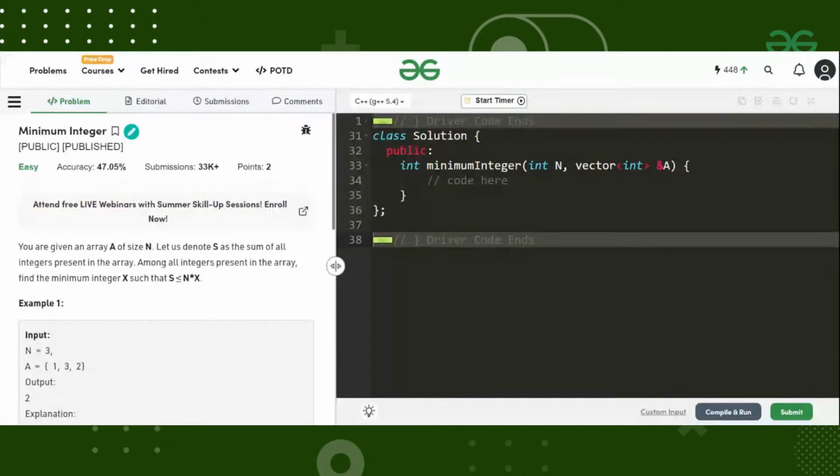Hi everyone, welcome to today's POTD session, and I'm very pleased to see you all here. Can I please get a quick confirmation if my voice is clearly audible and if my screen is clearly visible? Hi Rishit. So, were you able to solve today's problem?